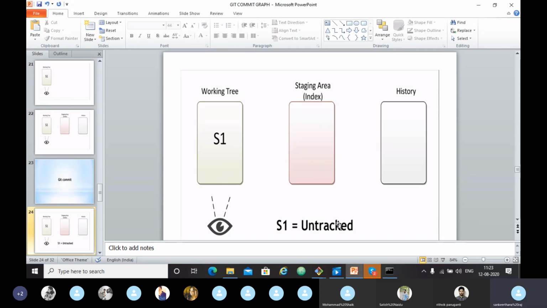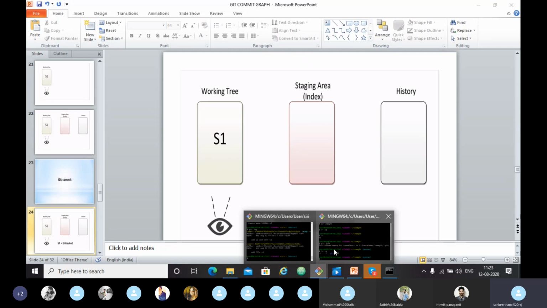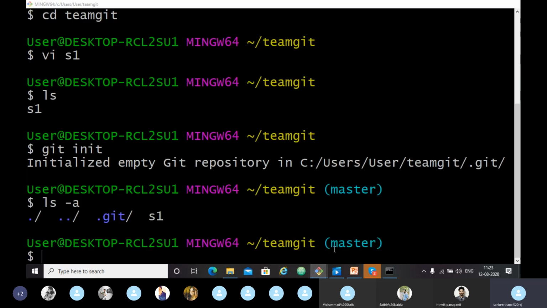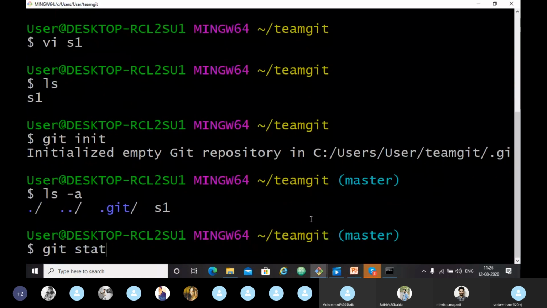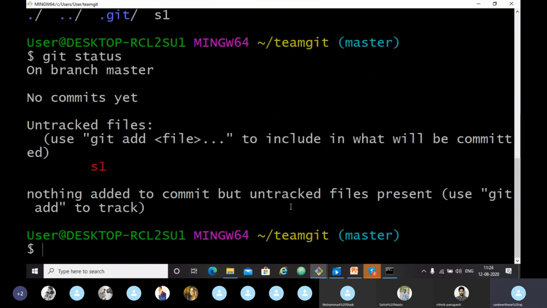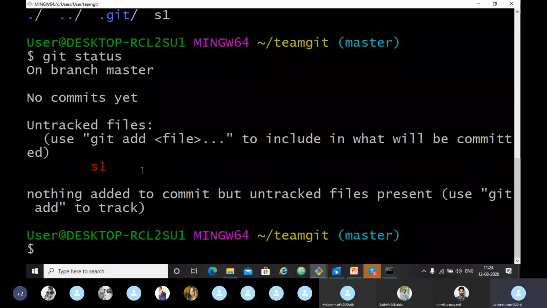Before we do that, let's run the git status command. It will show the status of our git. See, it will show the same, that is, S1 is an untracked file.